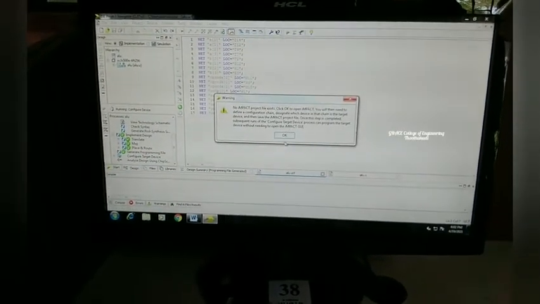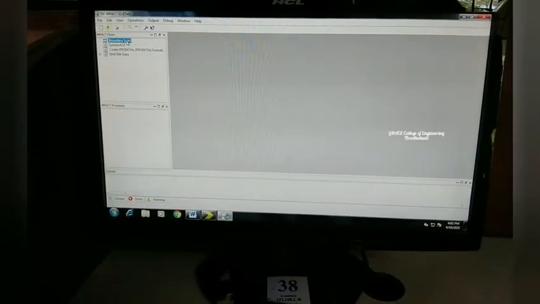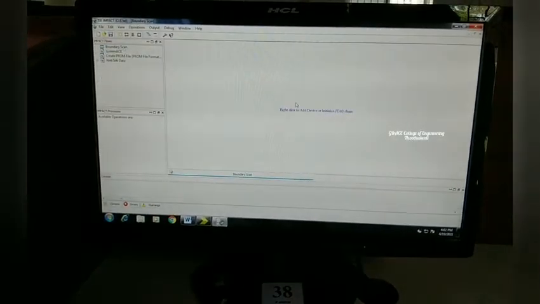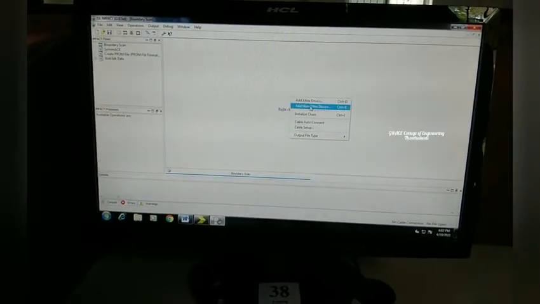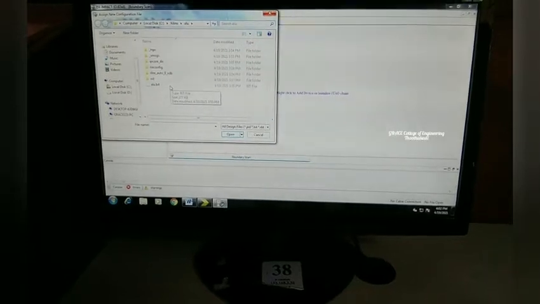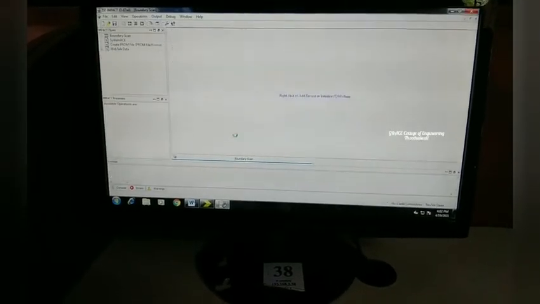A new window will open. Click OK, and here choose the option Boundary Scan, right click it, place the cursor here, and choose Add Xilinx Device. Here you browse and get the ALU bit file which is generated, and this is that.